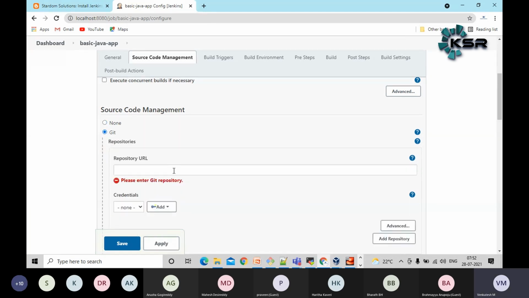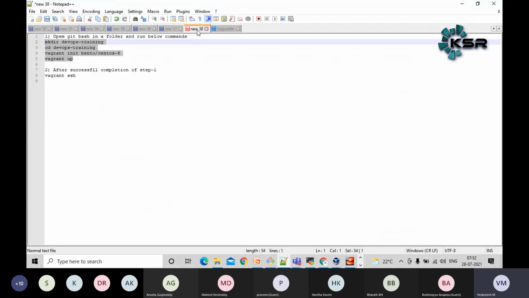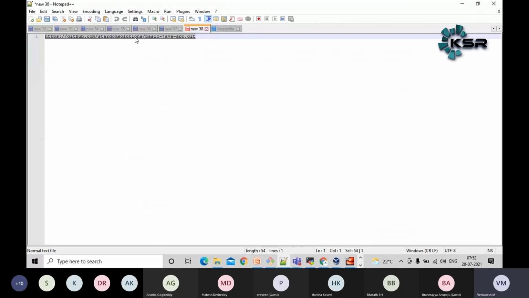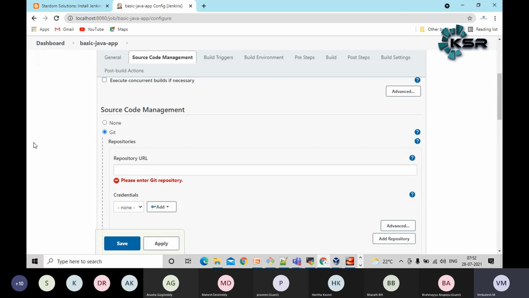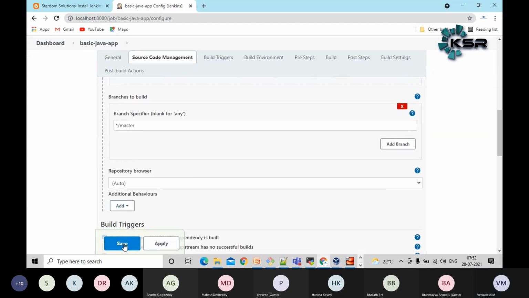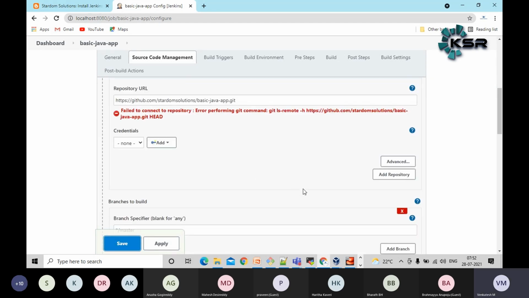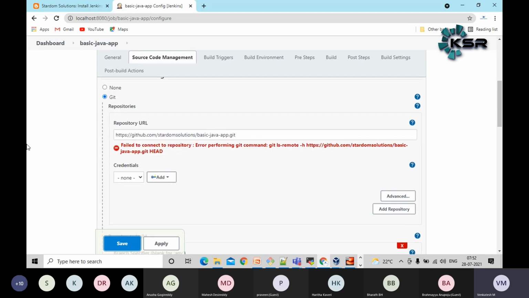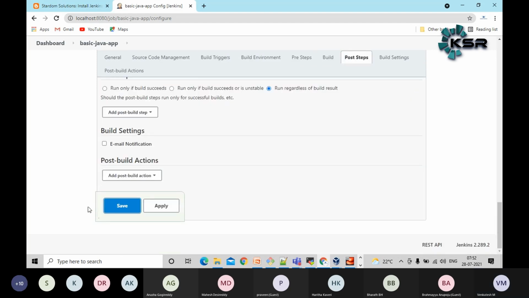Git I have, so I need to pass the repository URL, guys. I will show you. To do this, you need to create a GitHub account, guys. I will share the task for today. By tomorrow, please complete that one. Here I'm going to add a repository URL. Since Git is not there currently, it will install. I'm not invoking any Maven, I'm just adding Git here. Let's see what will happen, guys.